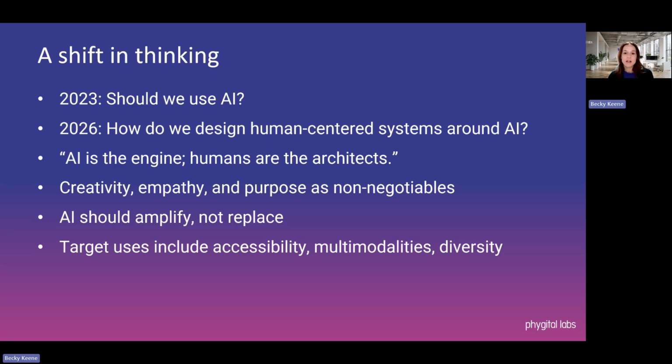So if you're looking to adopt an AI tool in your school district, be thinking about some of these things. What shows up first on their website, in their media marketing? What is the message that they're sending? And does it fit human-centered, creative, empathetic, amplification of skill set, multimodality, diverse, accessible? If it doesn't fit those things, that company is behind the curve and they need to maybe take some feedback